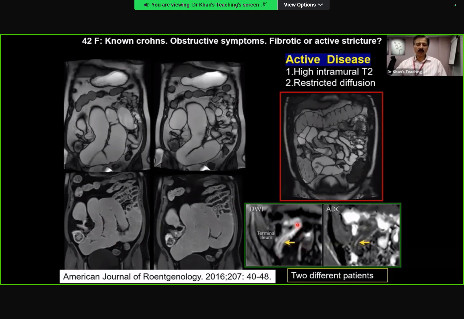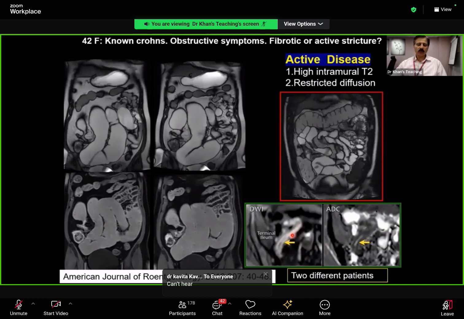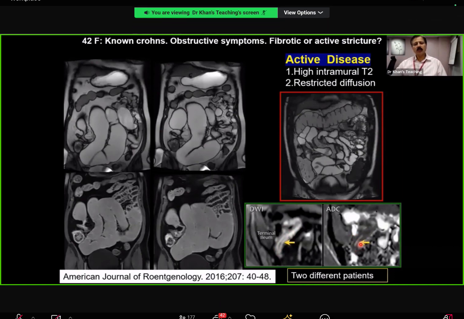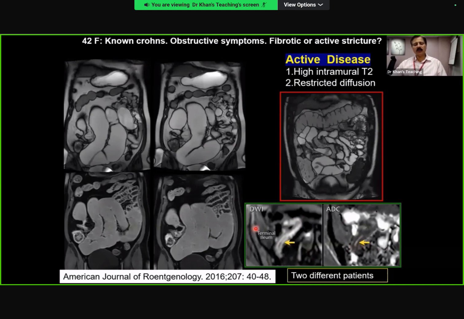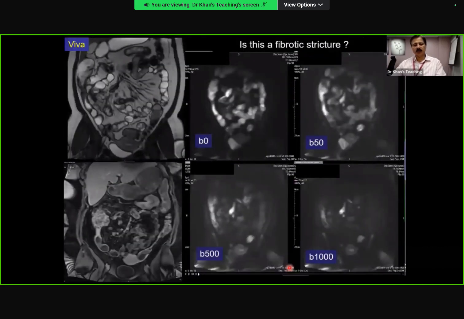Here, this is from literature, where you can see restricted DWI, high signal on DWI and low signal on ADC map. This is a very important viva question, and also a very important question in your day-to-day life, where surgeons will ask you in the MDT whether it is fibrotic or not, because if it is still active, the patient might still be a candidate for medical treatment. If it is fibrotic, then it is surgical treatment. So, candidate